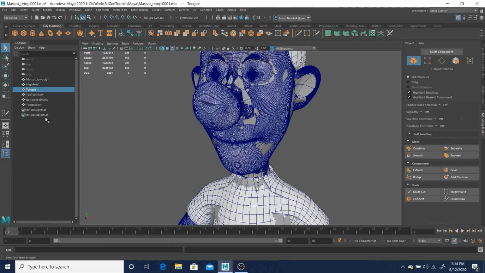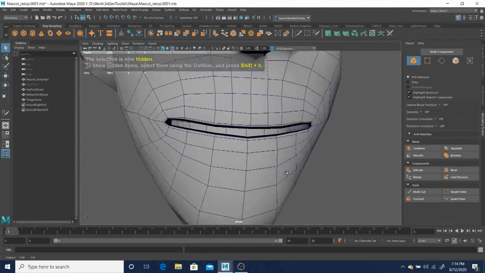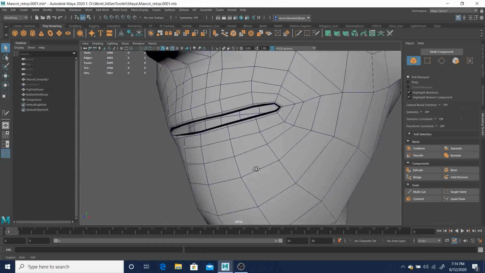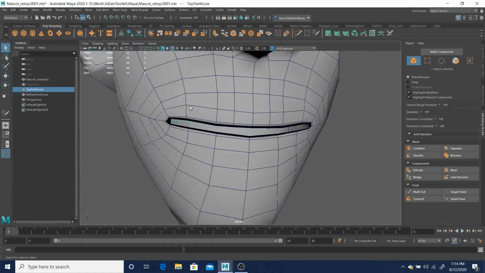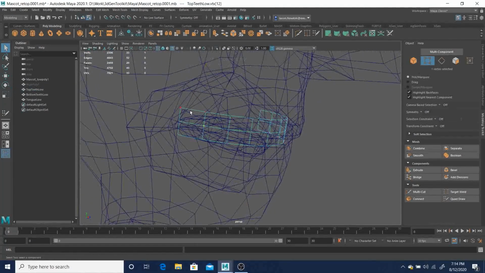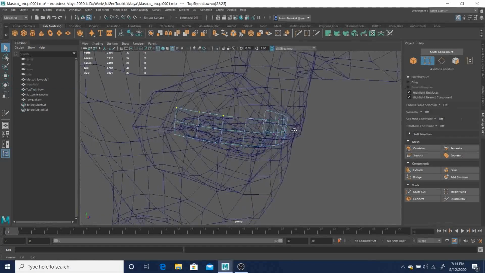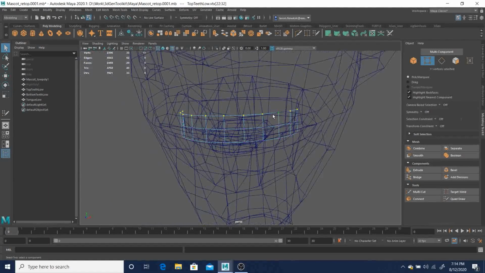So now we can select that tongue and delete it, no longer needed. And then the high poly, we can just Control H to hide him. So now we can see those teeth. And with those teeth, I'm going to hit the 4 button, and then also take these top row verts, so Control Shift, select those top verts, and we're going to just translate